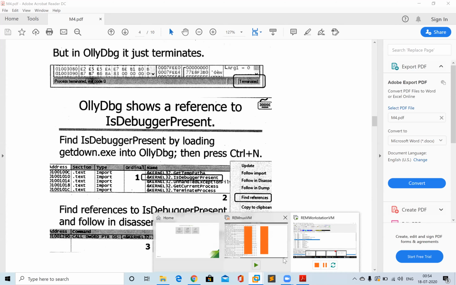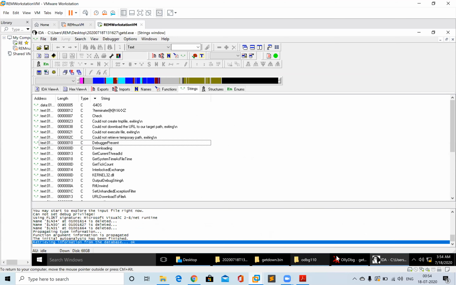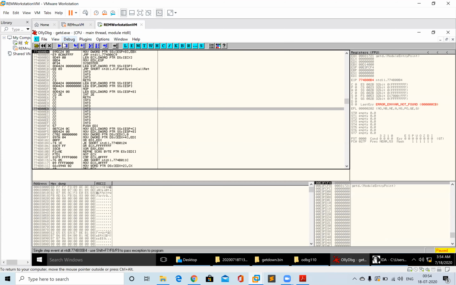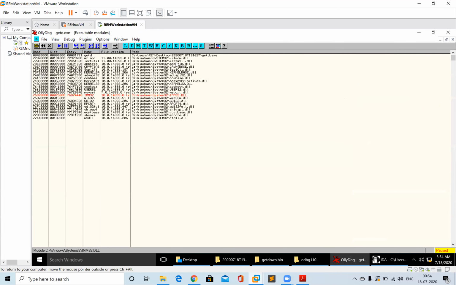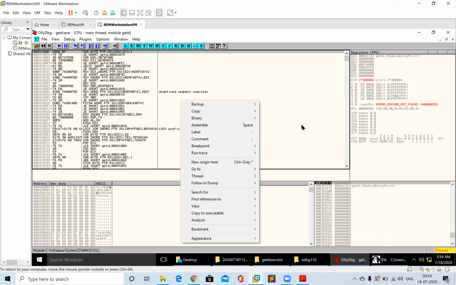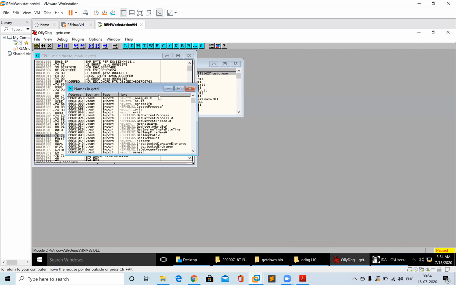So let's go to the window and open IDA Pro, do the control N and close this. I faced one problem while analyzing a malware. I was able to find one function in IDA Pro, but I was not able to find the same function in OllyDbg. If I found some artifact in IDA Pro and wanted to see the same code in OllyDbg, I was not able to map it because the function names were different.